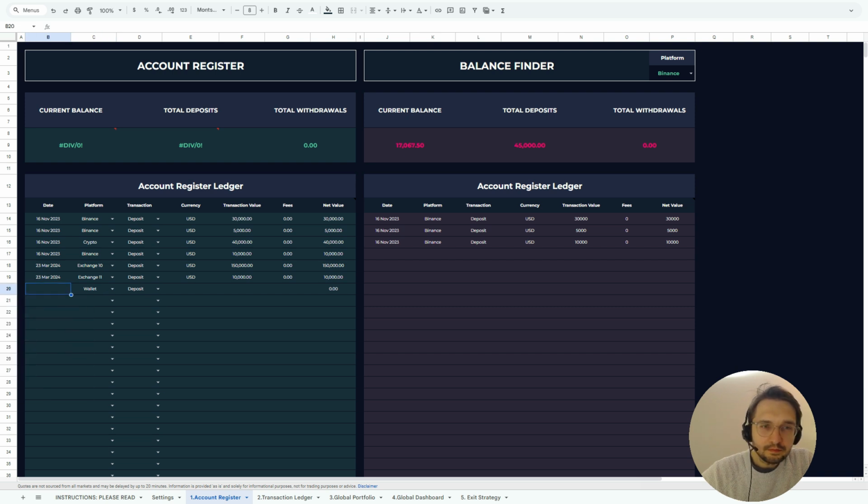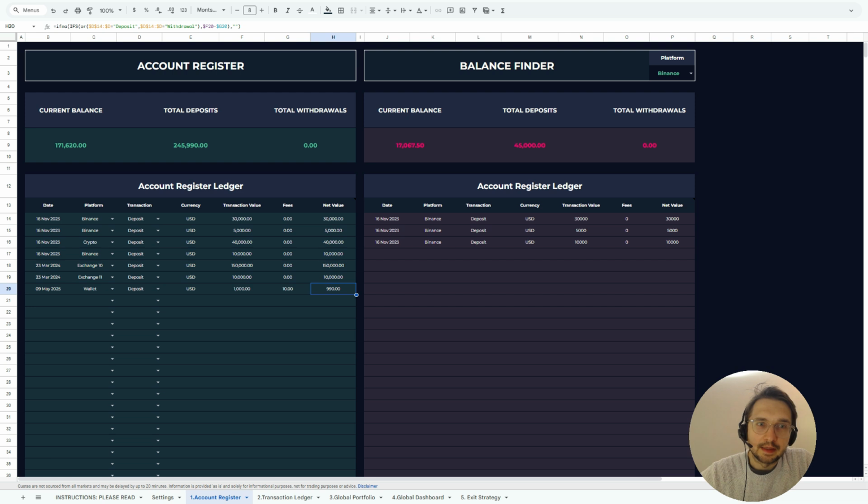So we can select this, and then you can put deposit, for example. We can just double click on this, press enter, select today's date. For example, I want to deposit $1,000 with $10 of fees. So essentially, I know that my net deposit is $990, because the fees, depending on the platform that you have,